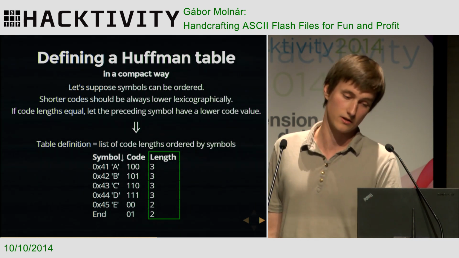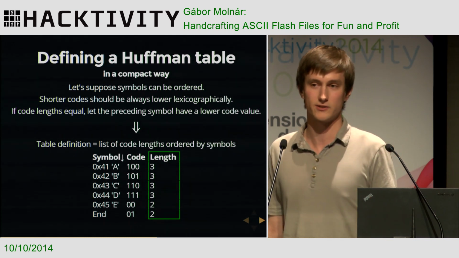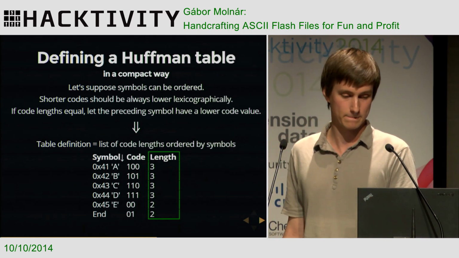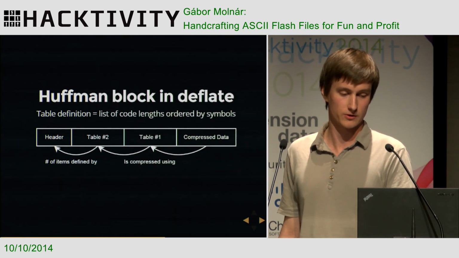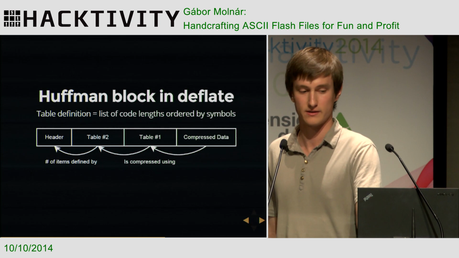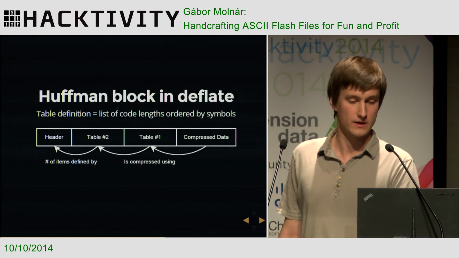After specifying all this, it's very easy to encode a table because you only need to store the length. Sort the table by symbols and store the lengths. Once we have it, we can look at how we create an ASCII from this. The basic idea is that,